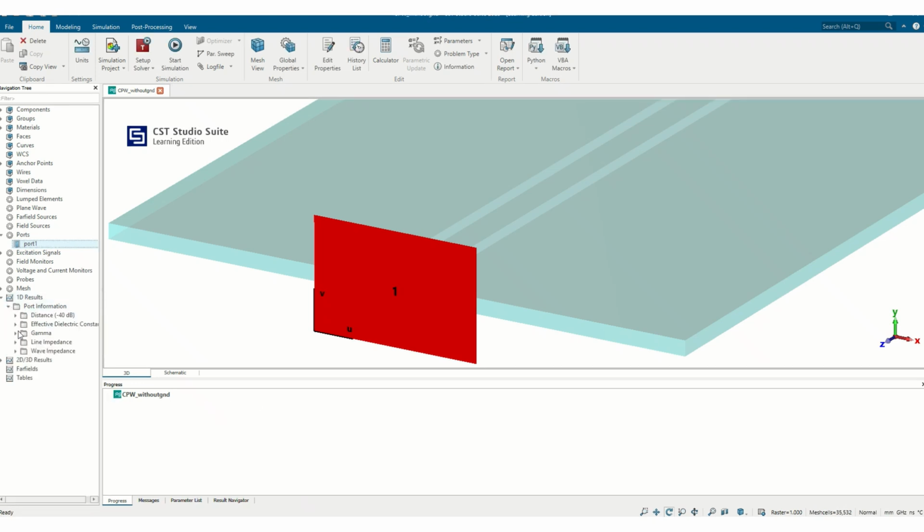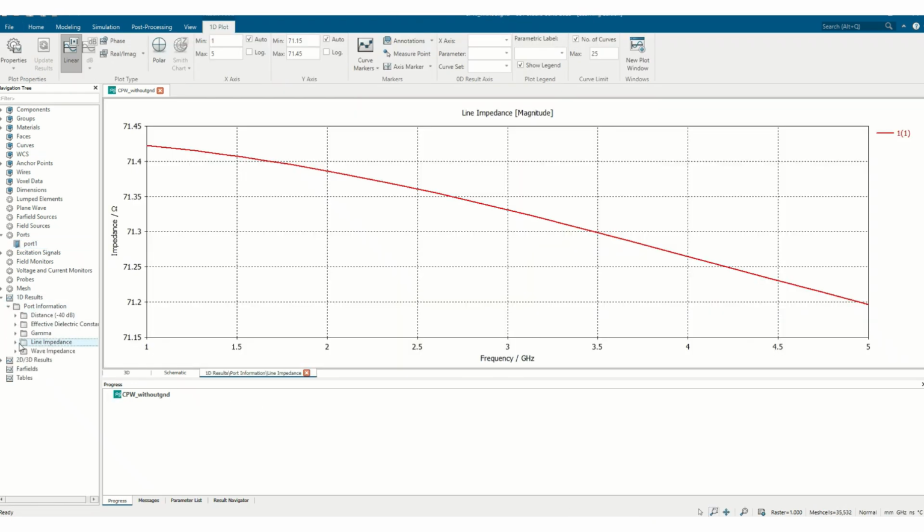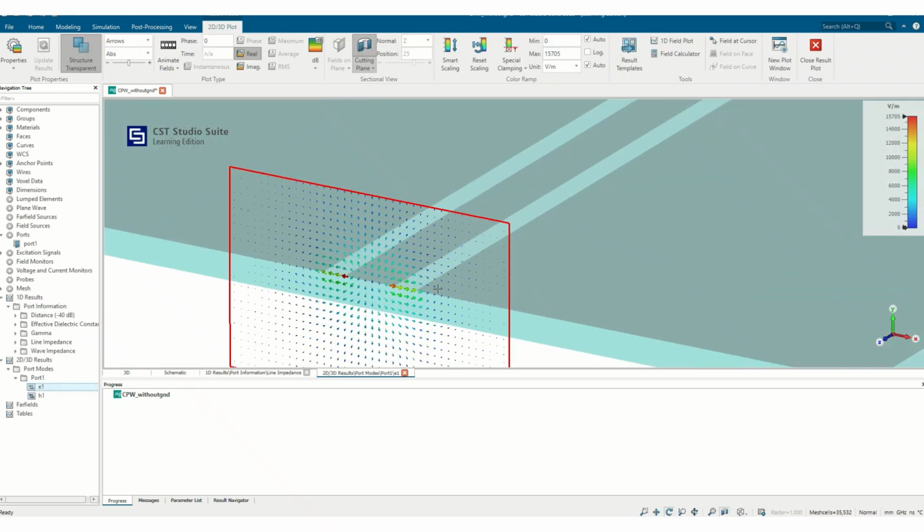Okay, the simulation is complete. So let's check the line impedance. So here you can see that it is in the range of 71.3. So now you can assume that the port dimension is okay. So now our next step is to see if that electric field and magnetic field alignments are as per our